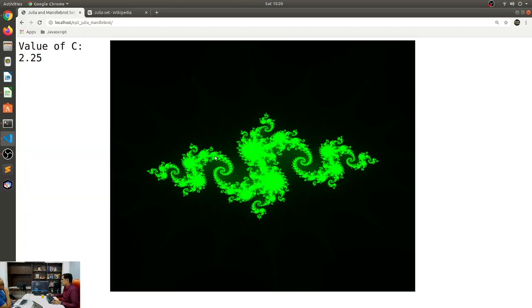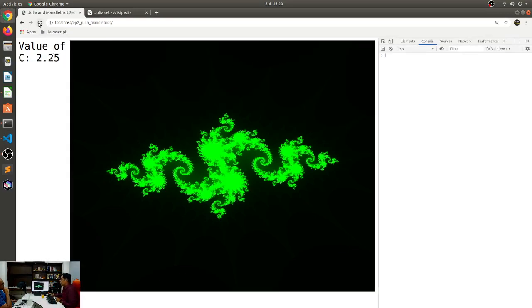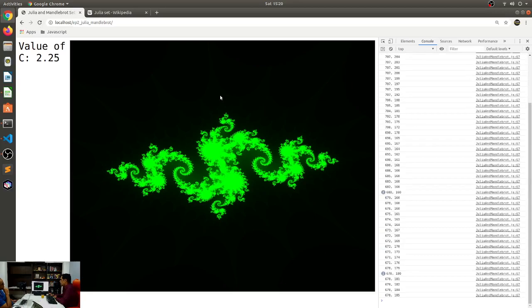Hopefully this gives me the coordinates. I need to have the console open. So I do have the coordinates, but if you can see, the X value starts from 180 over here. So basically I need to offset this as well, because we have an offset.